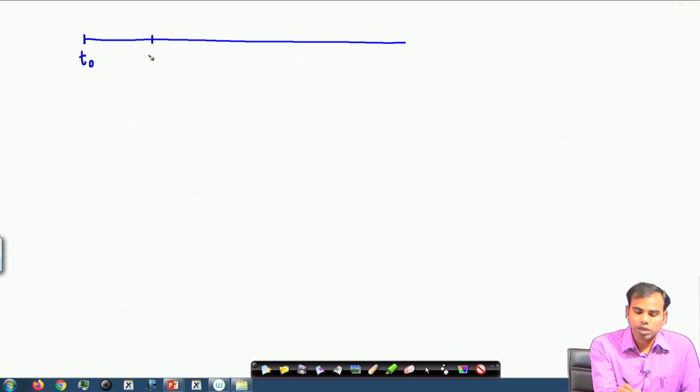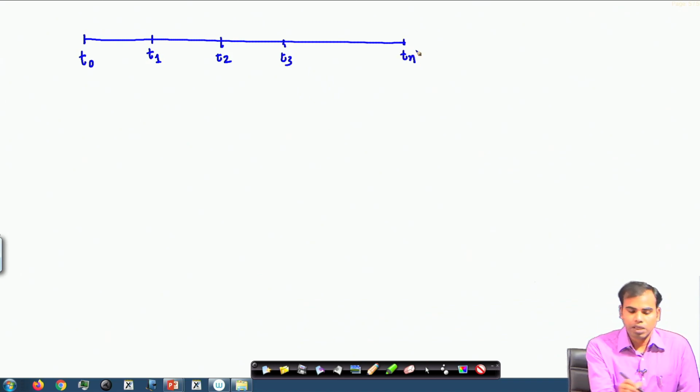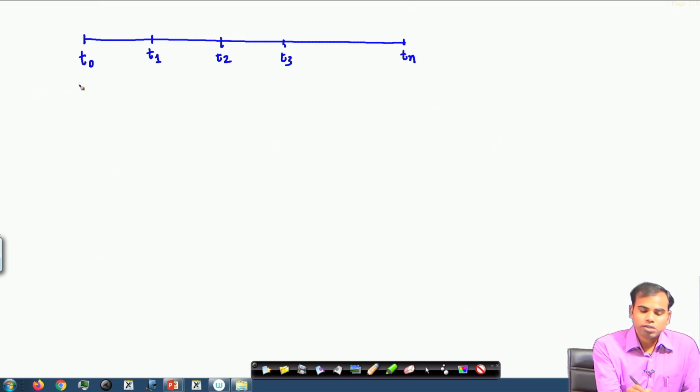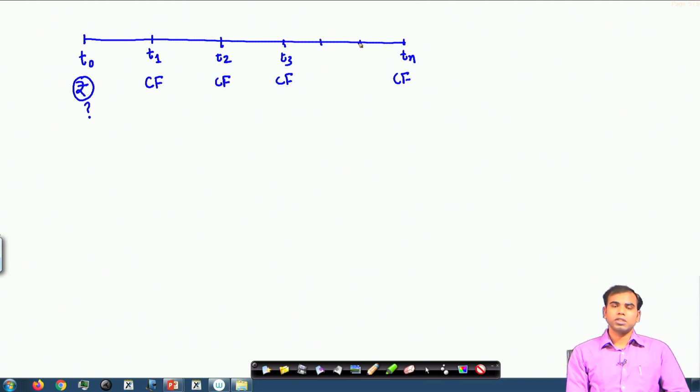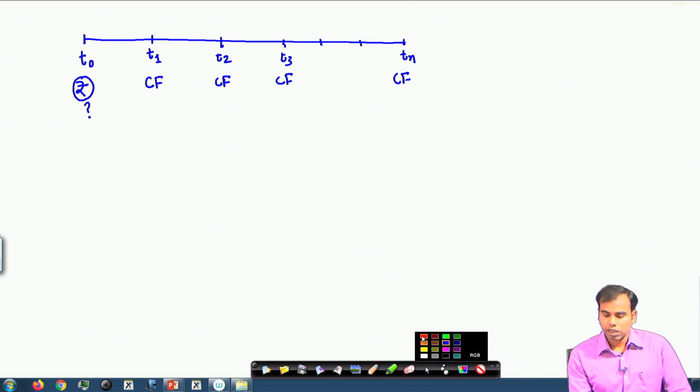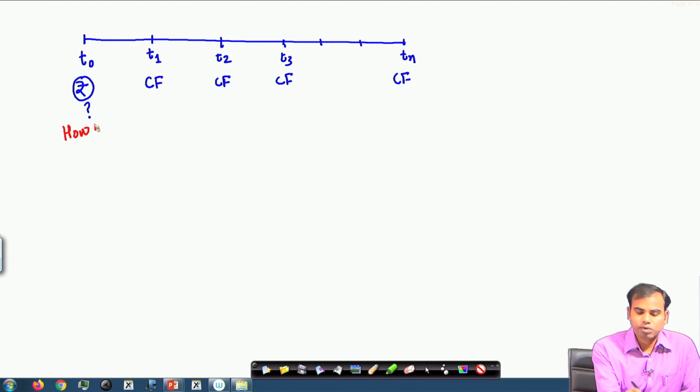Keep in mind, whenever you are trying to evaluate a financial situation or financial decision making, you have to plot this particular situation on a timeline, because it should involve time value of money at different points of time. So, this is a typical cash flow timeline, and the decision typically is that you have to pay some amount of money now, and then you expect some cash flows in future. Most of the situations you can come across in financial decision making are of this nature, where you have to decide how much to pay